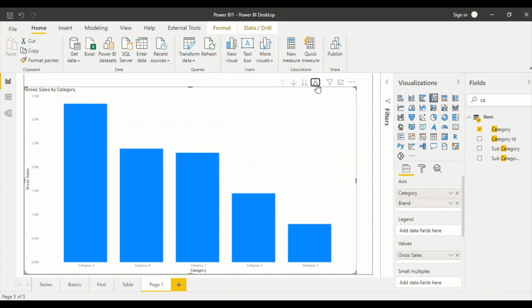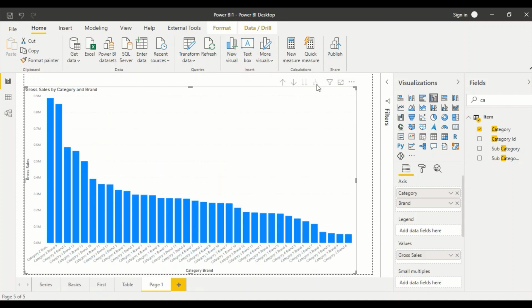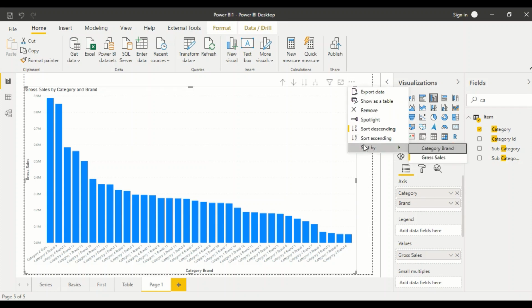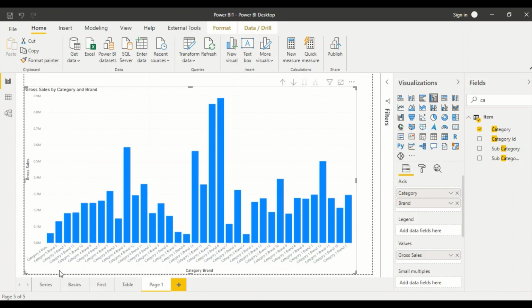Now what I do is I press on this expand icon in Power BI, and you can see now this has come, but still I don't see that the sorting is correct. So what I'll do is I go here in the sort, and I say category brand. Now what you see now, category 5 is all together, category 4 and all those together. So it seems like that, but still this display doesn't seem like what we have in Tableau.